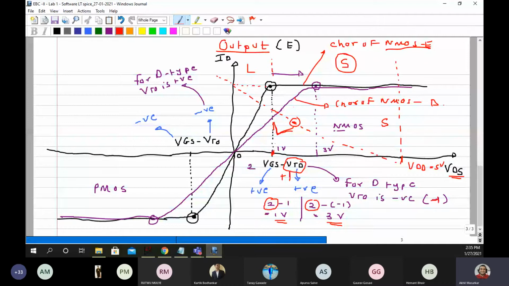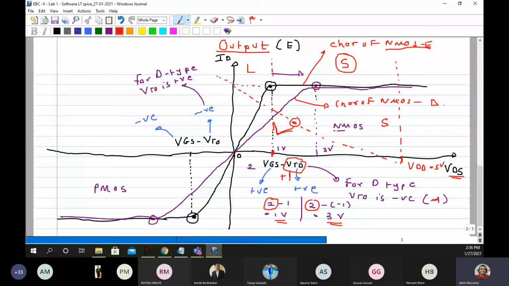So when I go from enhancement to depletion, for the same threshold voltages, magnitude wise, their polarity is changing, but their magnitude is the same. My characteristics, the point at which the current becomes constant, changes. And when that happens, the size of my linear and saturation is going to change. And the size of that linear and saturation is most important when I want to design an amplifier or a